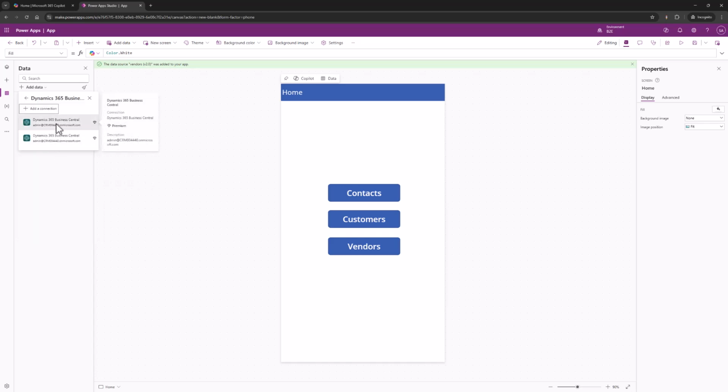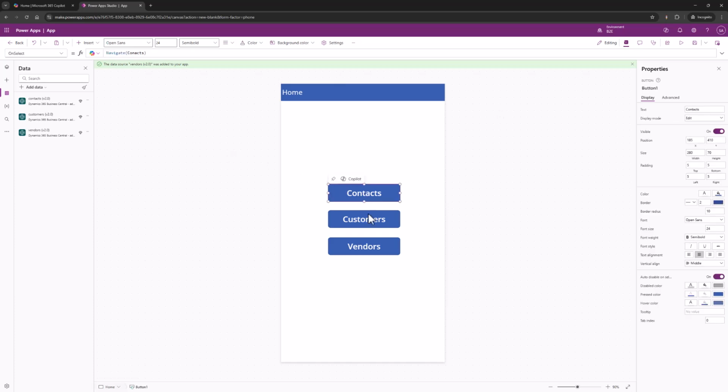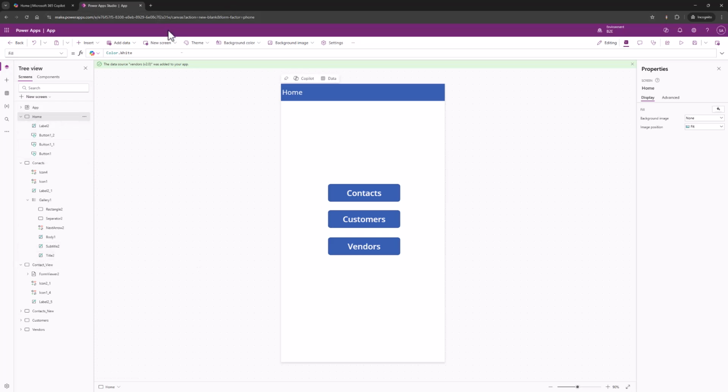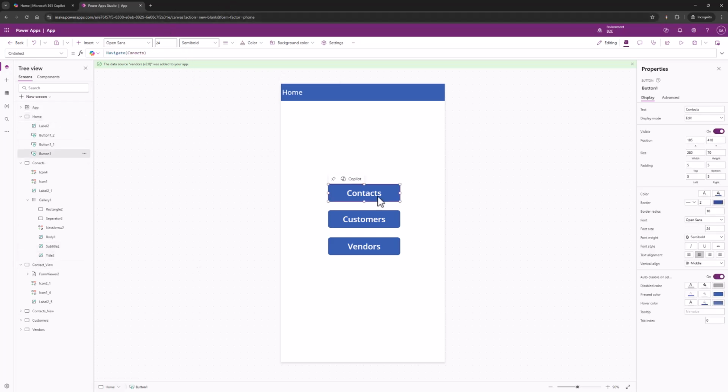So you really have the possibility to select any of these tables, and you can easily manage and quickly build some of these applications. For example, for items, to list sales orders, purchase orders, to list almost anything you can imagine, and then to easily navigate with a couple of navigations, a couple of button clicks to organize it